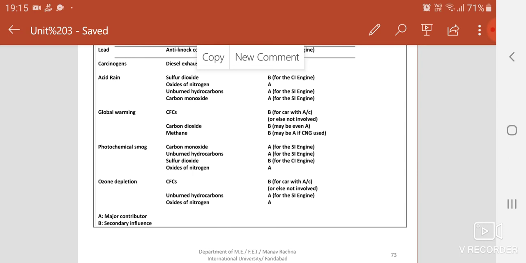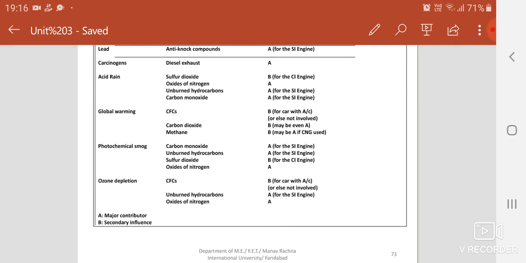Then comes carbon dioxide. Carbon dioxide is always responsible for global warming. It is responsible in the sense that it doesn't allow the reflected sunlight to go outside. So the sunlight remains inside, making the earth a warm greenhouse-like thing. The temperature increases, and you know the temperature is increasing by the day. And if the temperature increases by 2 degrees centigrade, the scientists tell that all the low-lying places and seashore places like Mumbai, like Maldives, Mauritius, all will go under water.